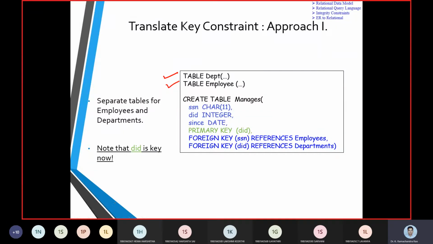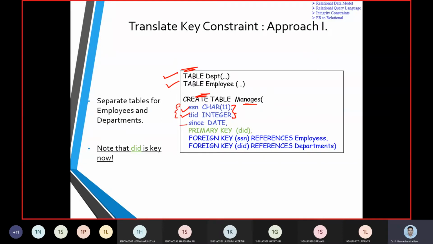After that, we create a relationship set, in which we emphasize the managers. When we take up the managers, we have SSN and DID, which should be the local variables referring to the global variables.